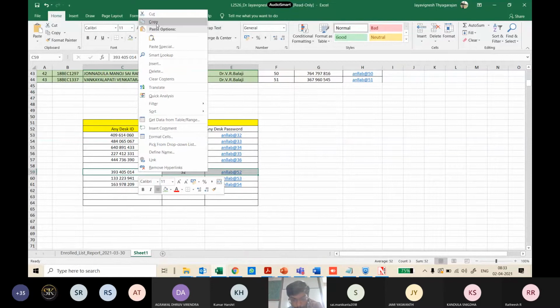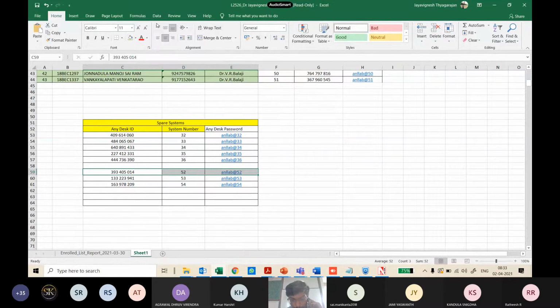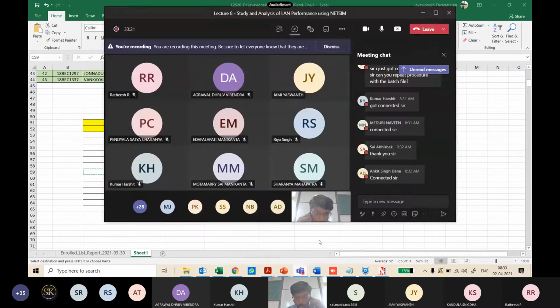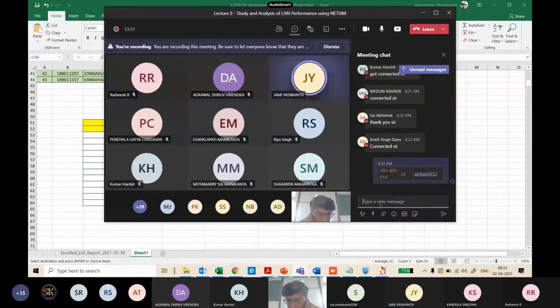Okay, for Jami Yashwant, you are now going to connect to this. Okay, sir, I will connect. Have you got that? Jami Yashwant, this is the AnyDesk ID. Don't forget about this. This is the system number.